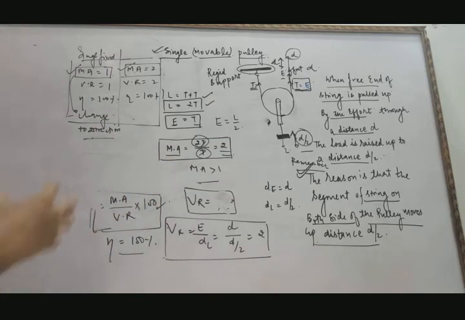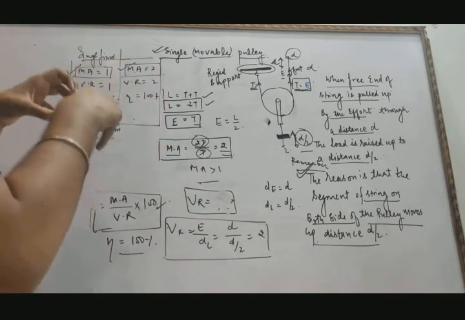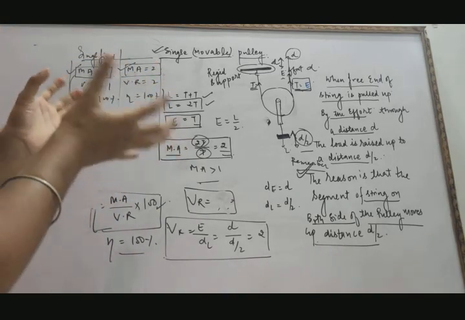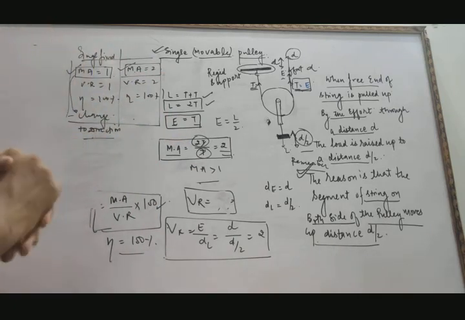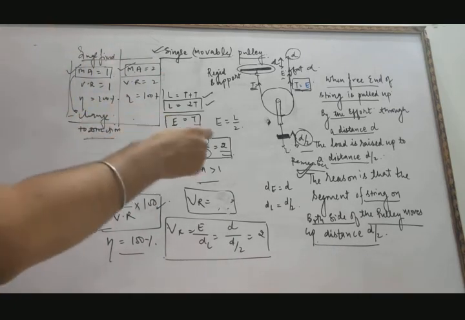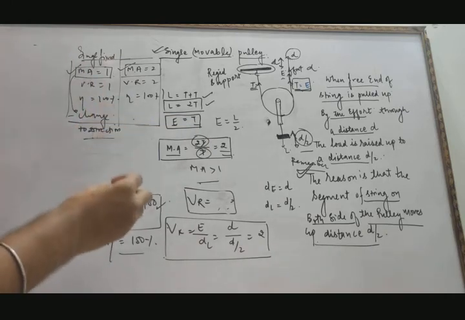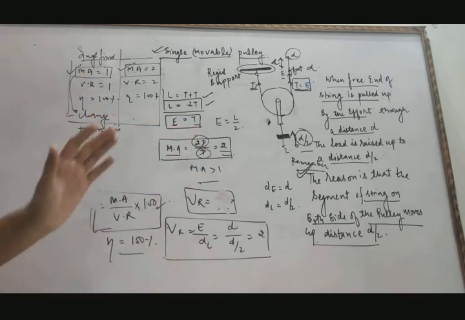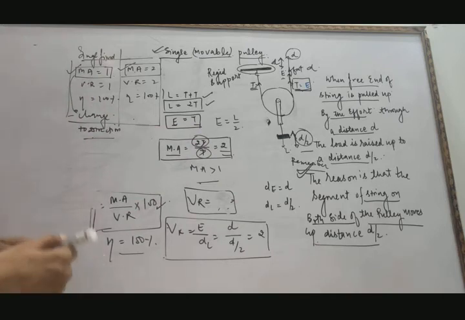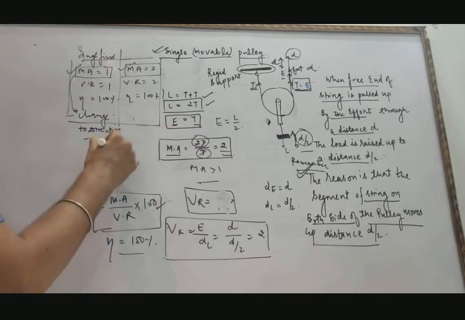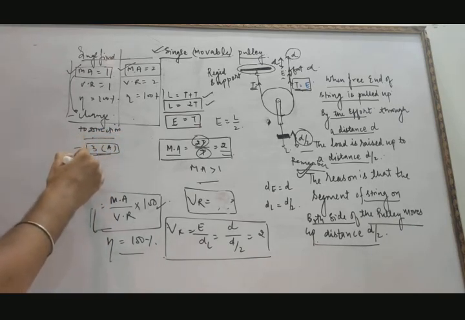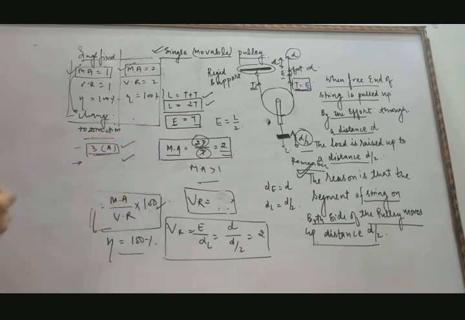In the next lecture we will discuss the system of different pulleys attached along with the single movable pulley, what the cases are, and we will also study the block and tackle system. After that this chapter on machines will be completed and the numericals will be solved. You just try to solve the numericals in exercise three; very simple questions are there, so complete 3A and 3B. For most of the questions we will try to solve them over here itself.